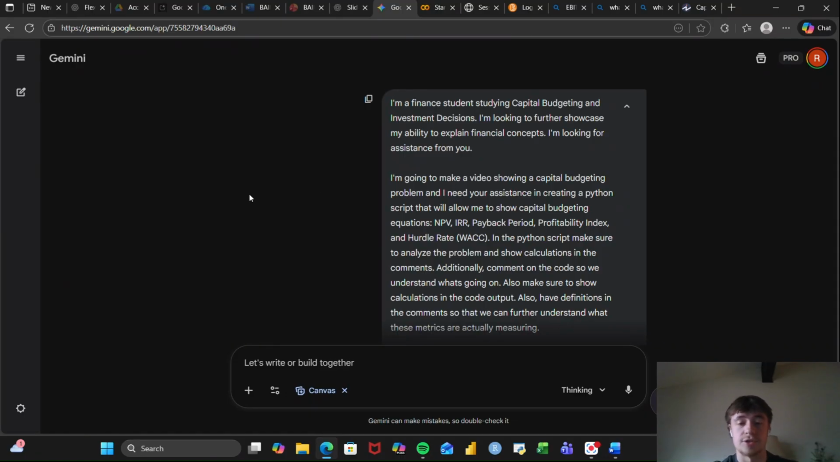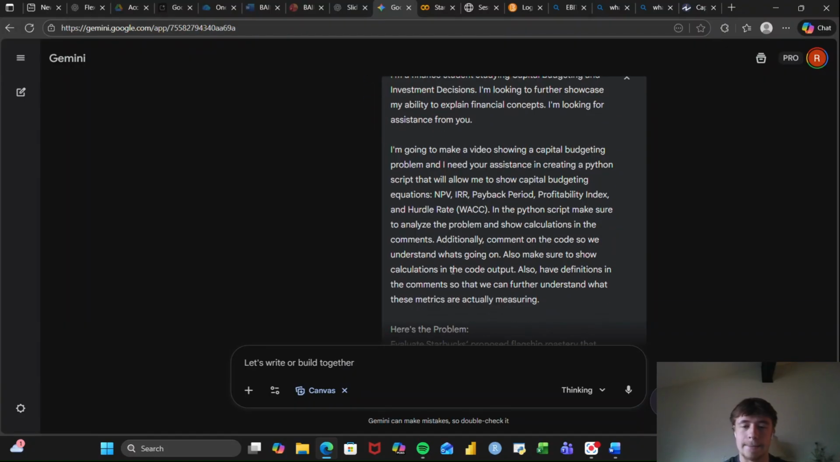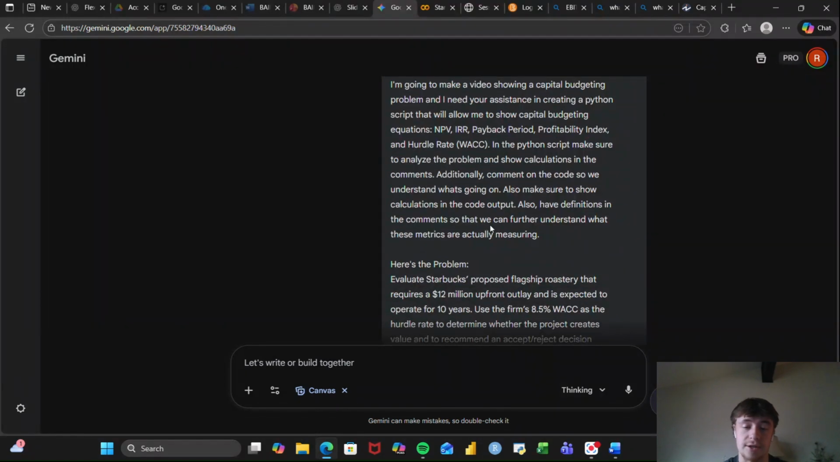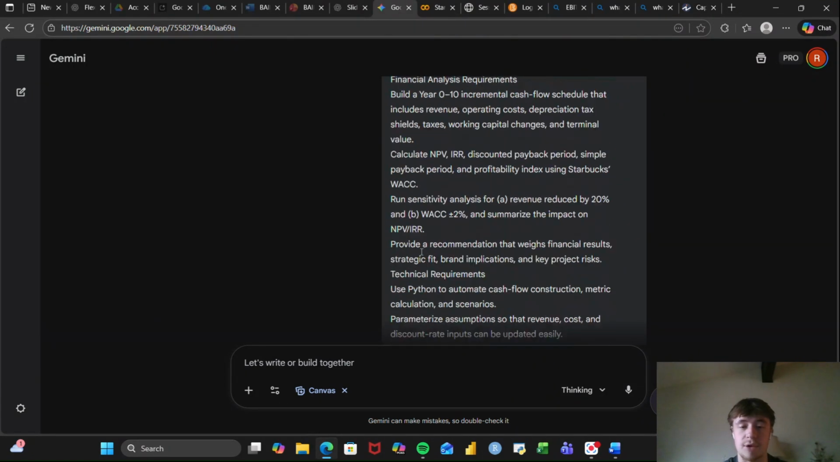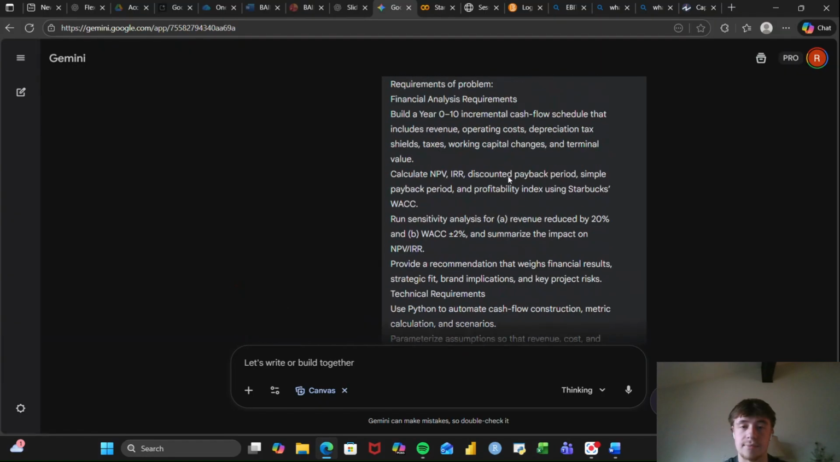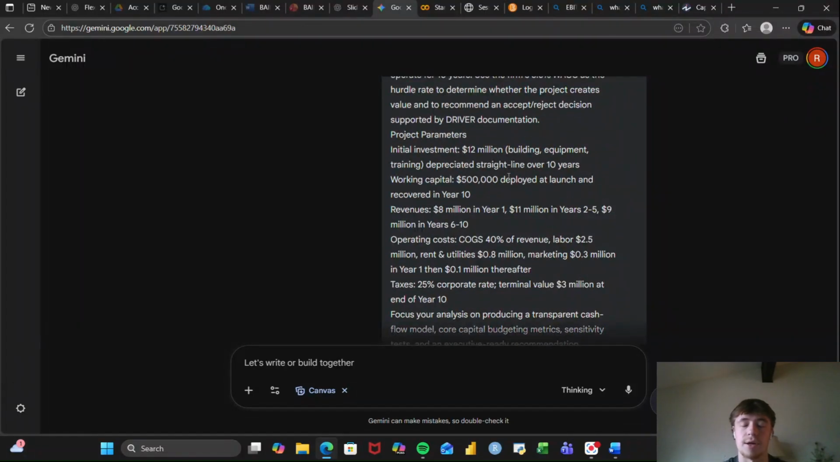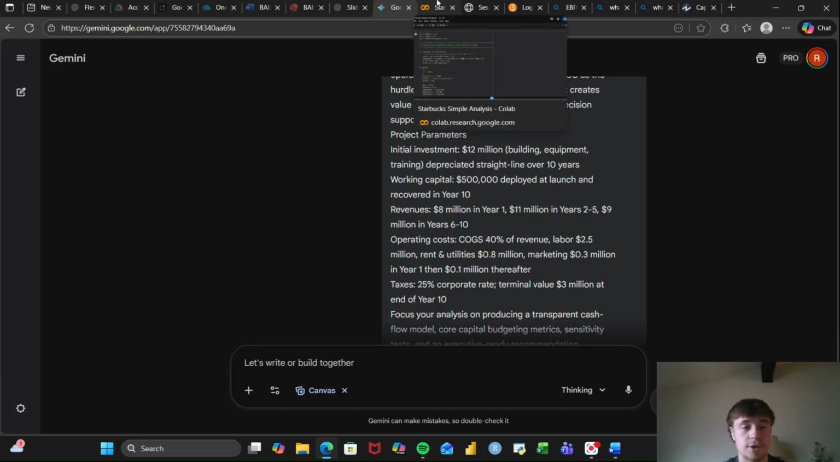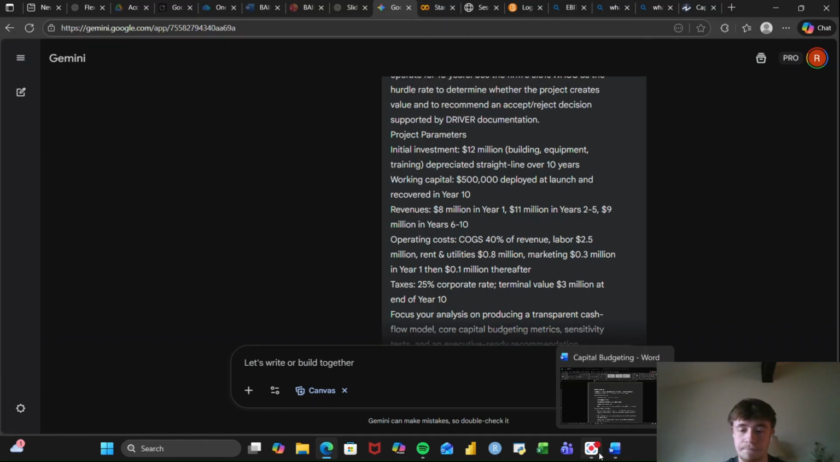And then I also made sure to comment on the calculations, which I will also show in the textbook, and making sure that we understand what the meaning of all of these metrics that we are used to calculating are. And then I just gave it the problem and some of the metrics to look for when we are trying to solve this within our Python script. So going to our Python script,